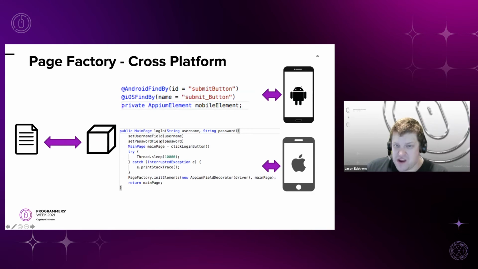So in terms of instantiating objects, the way the flow typically goes with Page Factory is that we set up the username field, which is a standard interaction. We're doing the password, and then when we want to move on to the next page, we have to do this Page Factory init elements using the field decorator. So we have to start populating the elements before we're allowed to start interacting with the page.